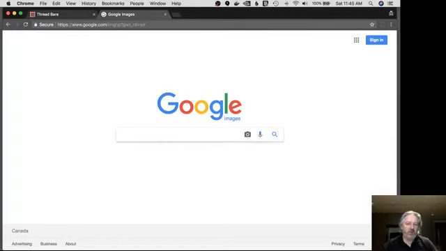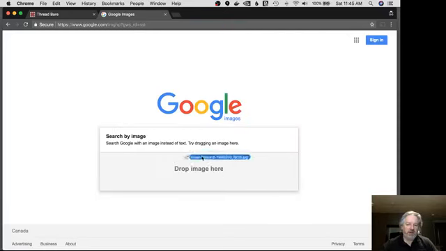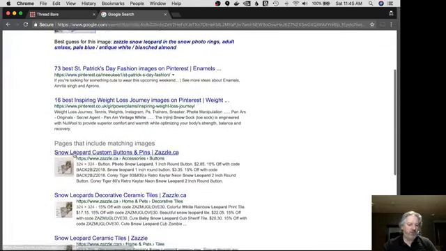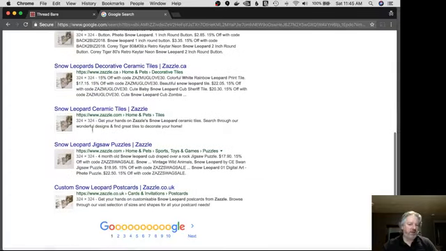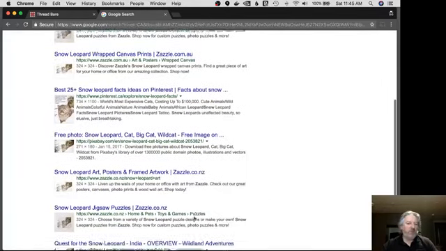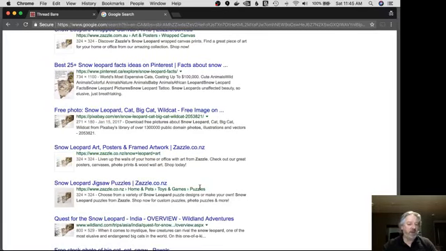The first one is Google Images. If you drag and drop an image onto the page, or there's a button as well to upload an image, it'll do a reverse image search, and it will find you pages that have that picture on. So sometimes, this is for merchandise that's got that picture. What you're looking for is maybe a photographer's page,